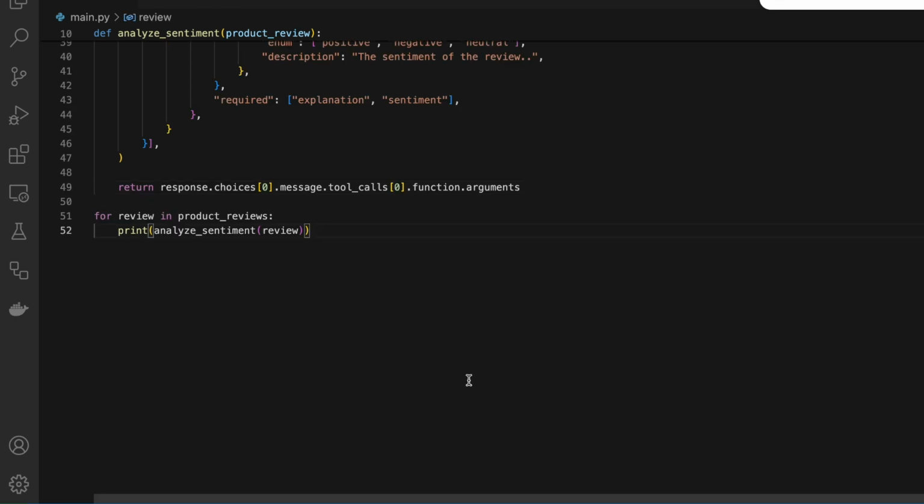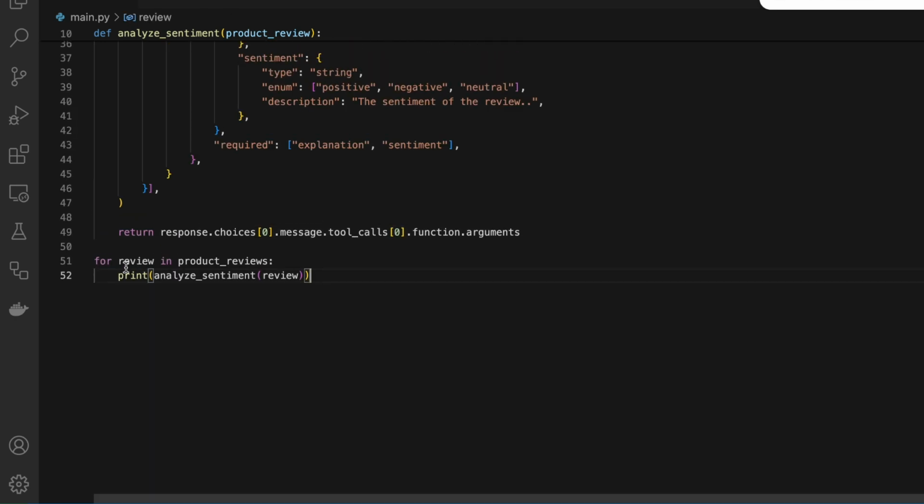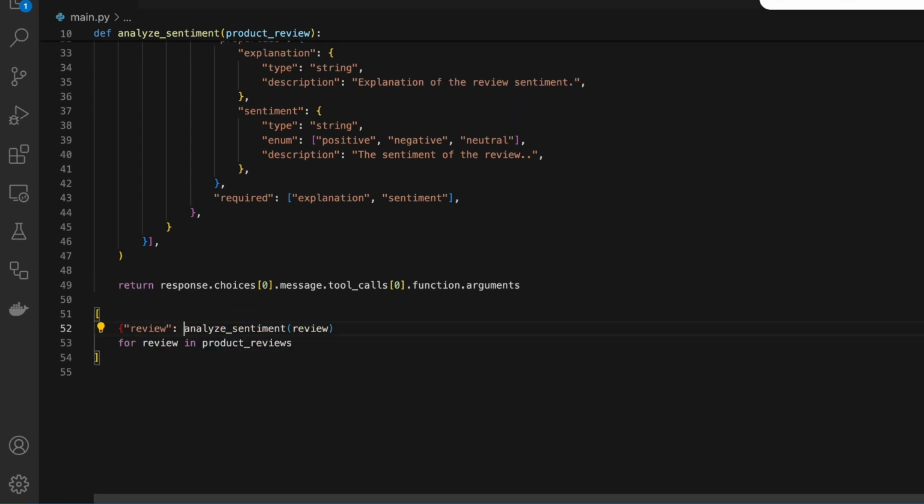Great, so now we can store the results in a CSV file that we can easily analyze. So instead of just printing, let's construct an array of objects here. And instead of just having the sentiment itself, we also want to add the original review. This includes the explanation and the sentiment. And let's store another field just for the actual value. If sometime later we have the real value for the sentiment, maybe a human goes through the different reviews and sees this is positive, this is negative, they will be able to edit the CSV and we can measure and evaluate the LLM accuracy.